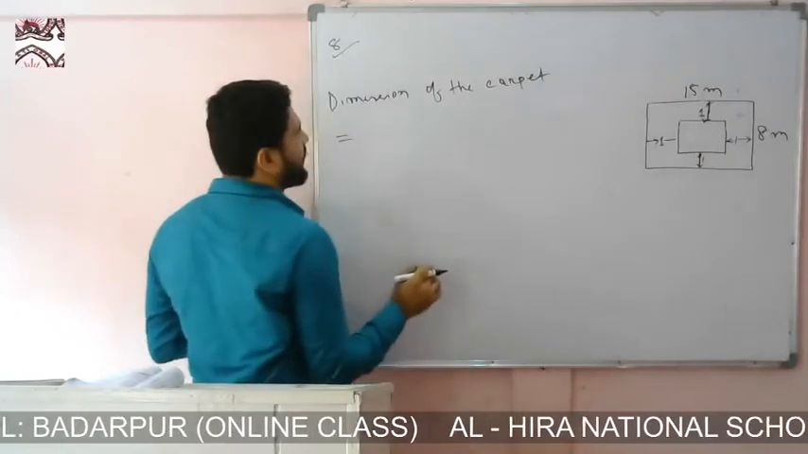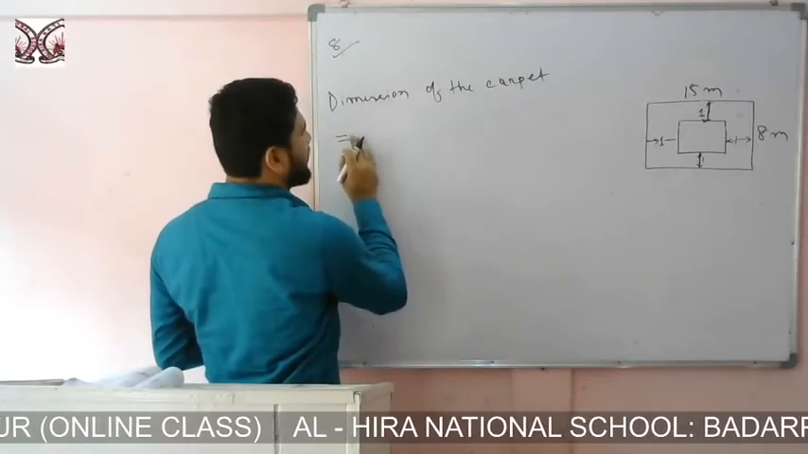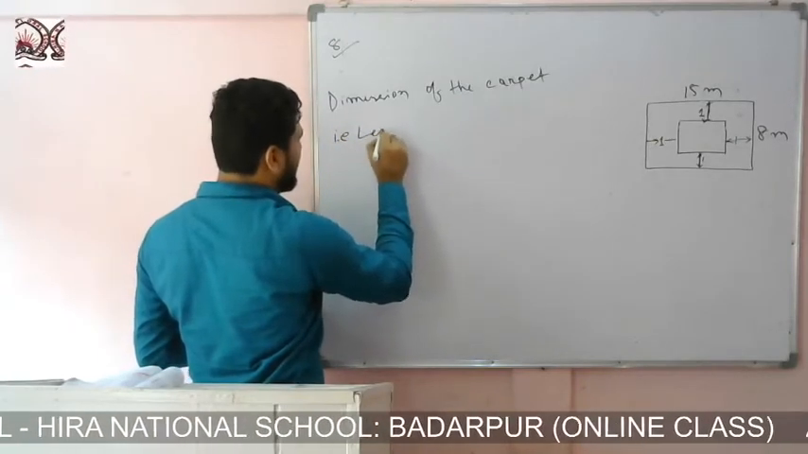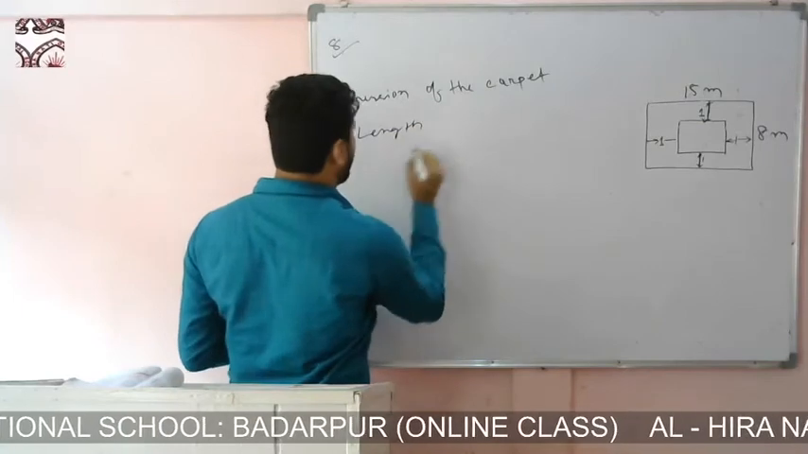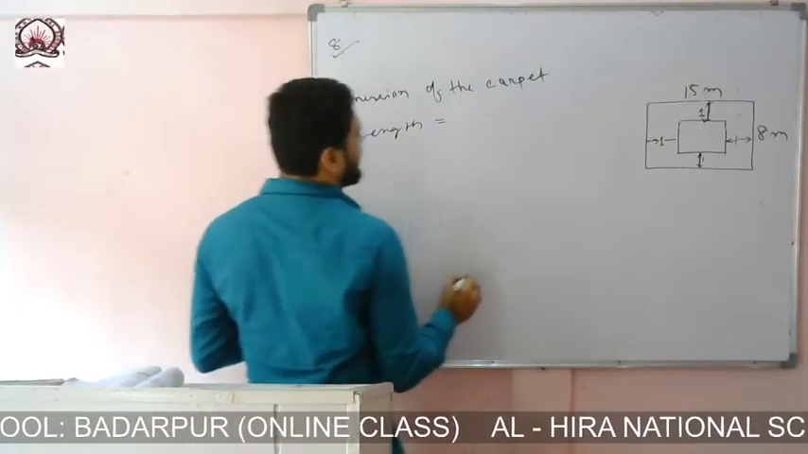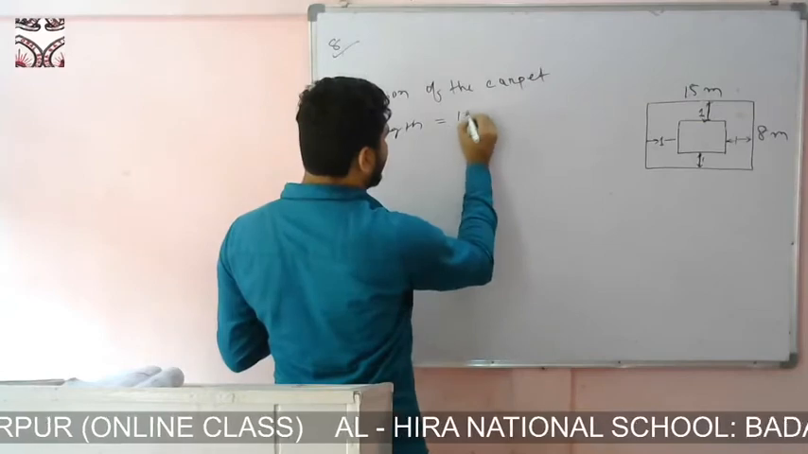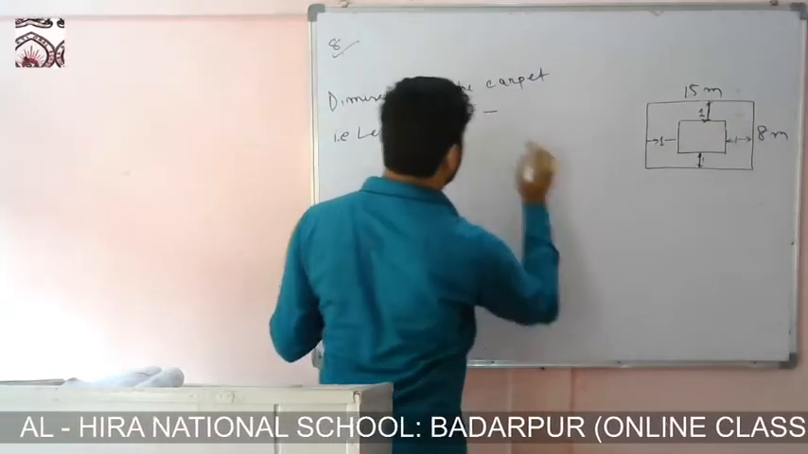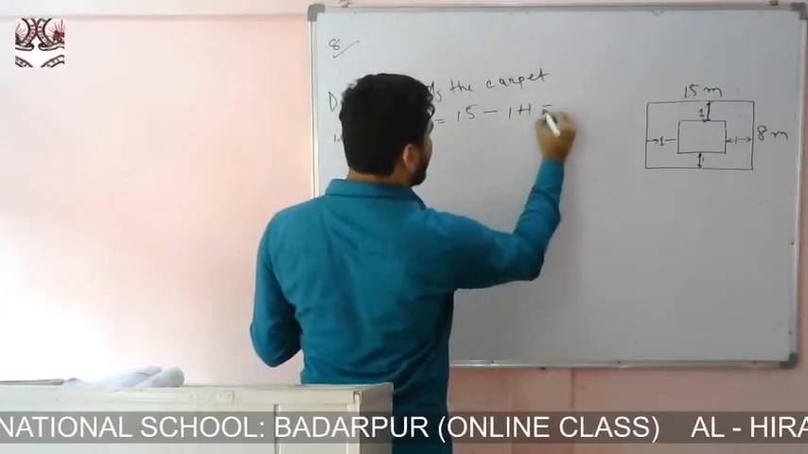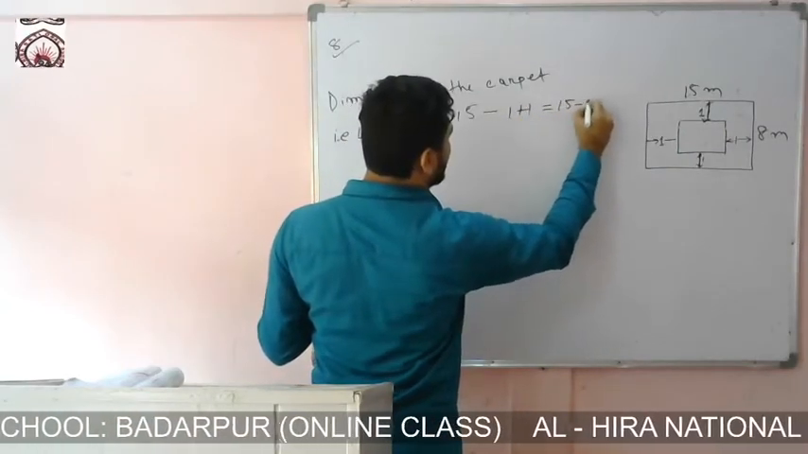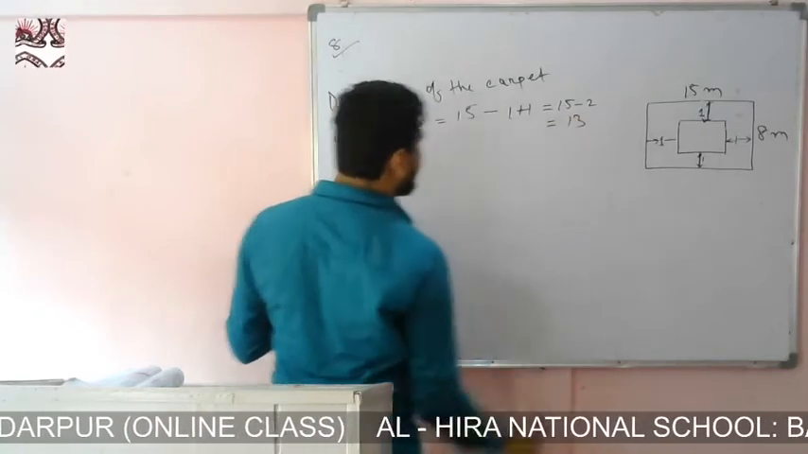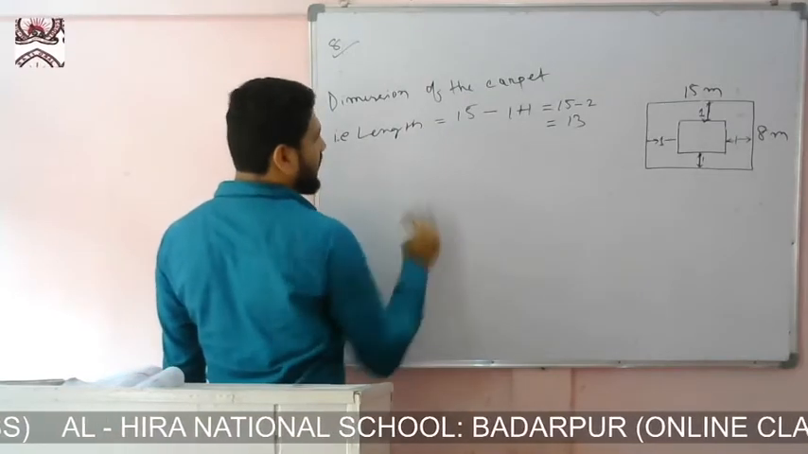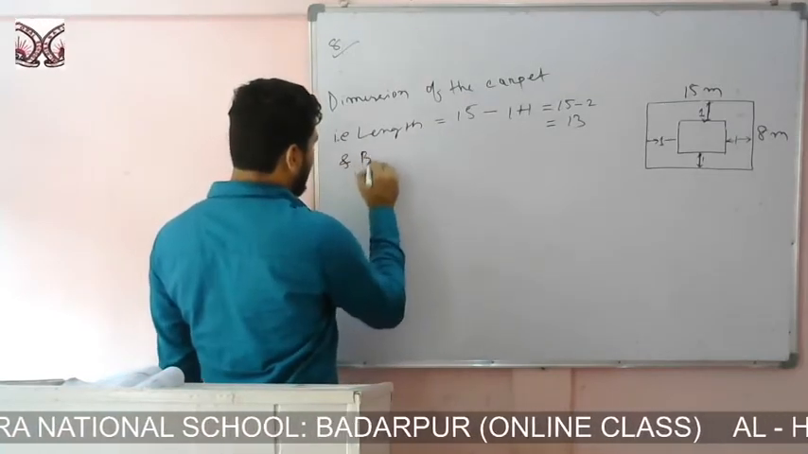So I can write dimension of the carpet, right? That is length equals to what? 15 minus this two portion, this portion and this portion. 1 plus 1 will be what? 15 minus 2. That means what? 13. Okay, 13. Now you see, and breadth